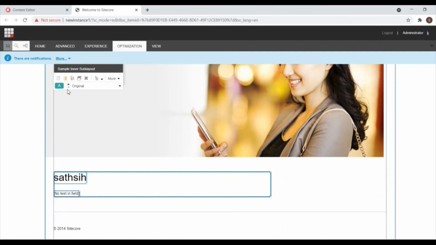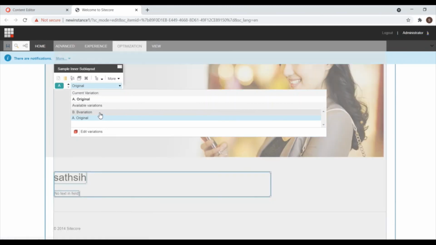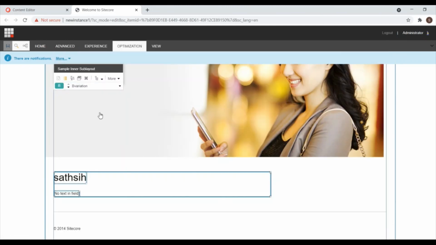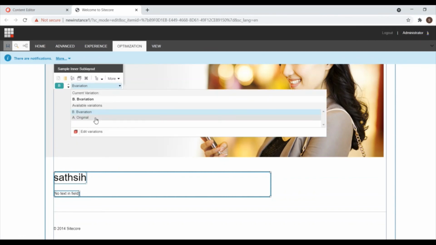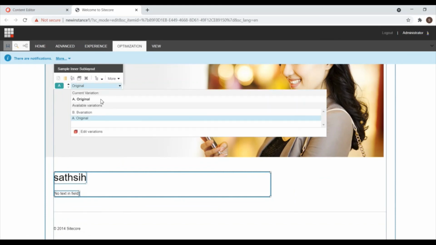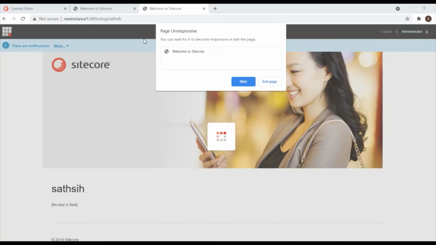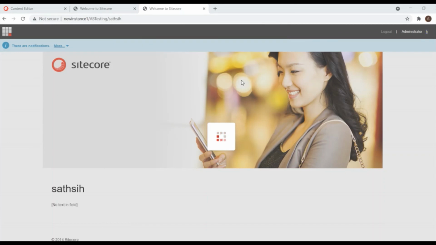If you see, you can see the A version, the original version. You can see the B variation. Okay, both you can see. This is the B variation. This is the A variation. So now the page is ready.